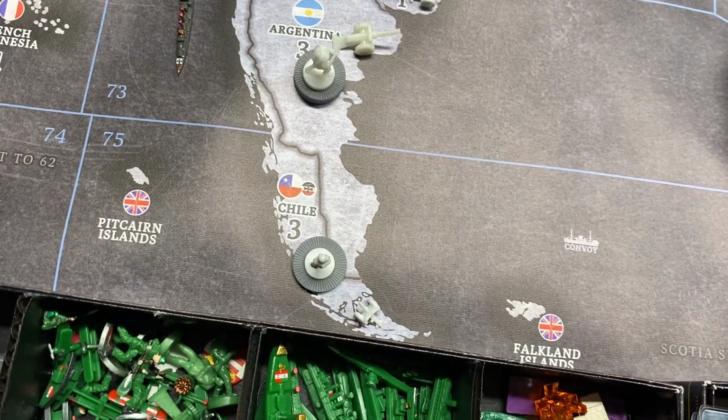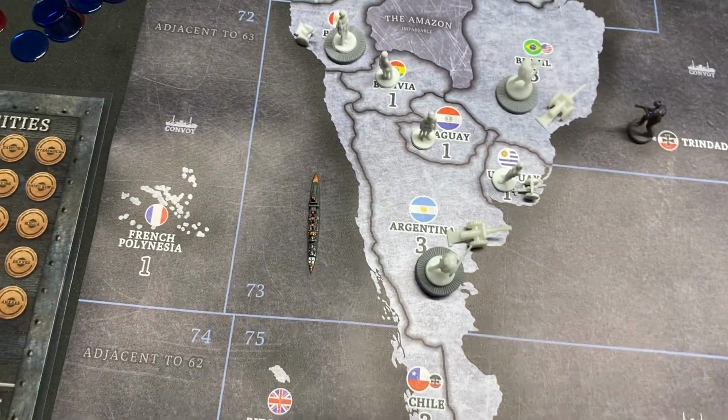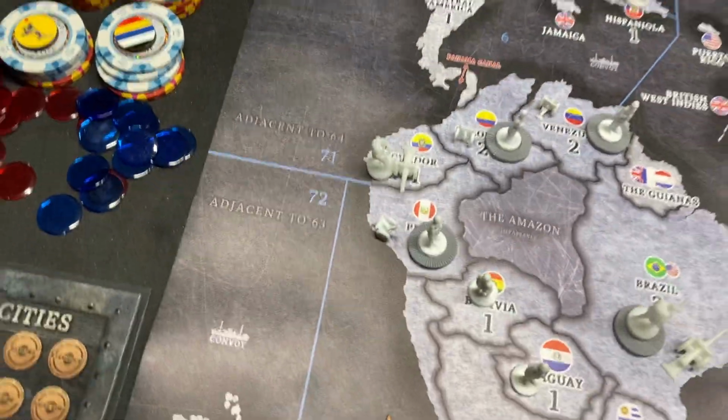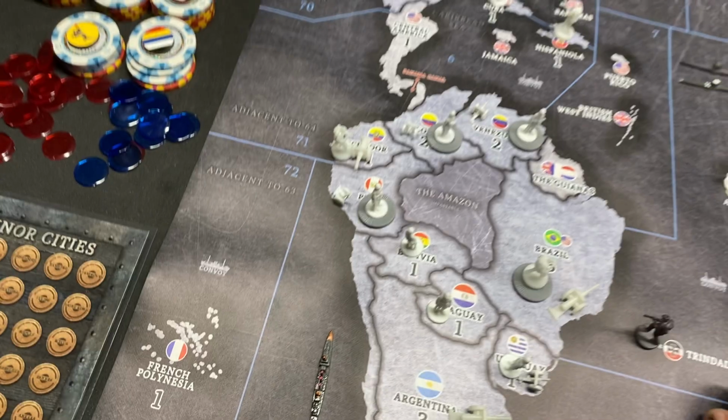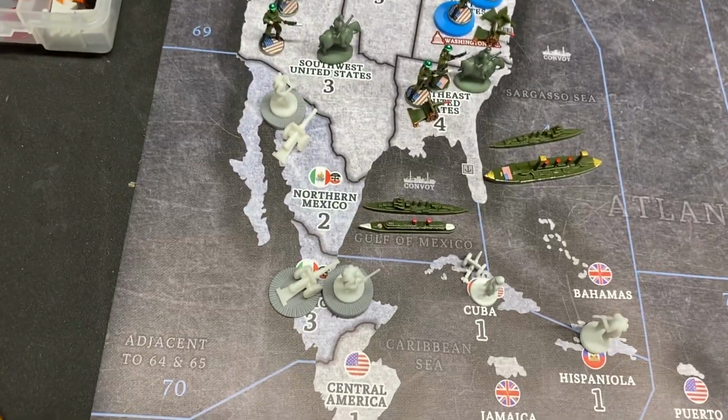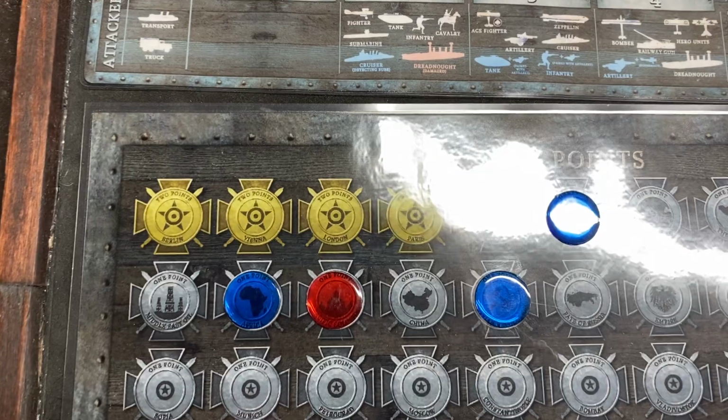Chile is aligned with the Germans. If Germany aligns any territories like, say, Chile or Mexico, there's 2 Mexican territories, then that will bring America into the war early because they'll see it as a sign of aggression. So, yeah, cool stuff. So I'm just going to go over the tracker and sort of show you guys what